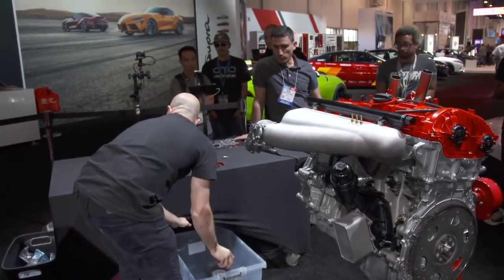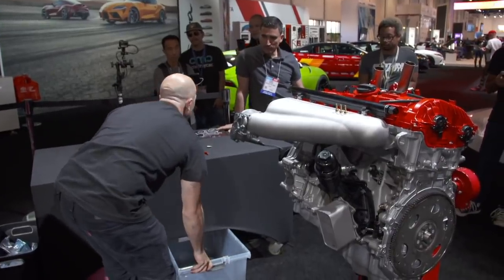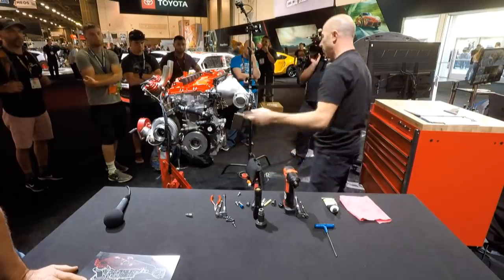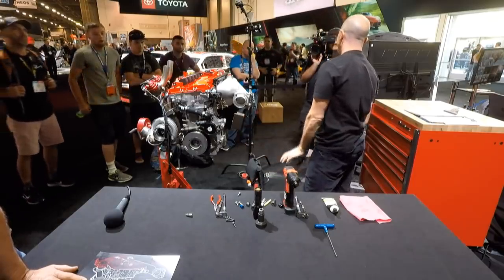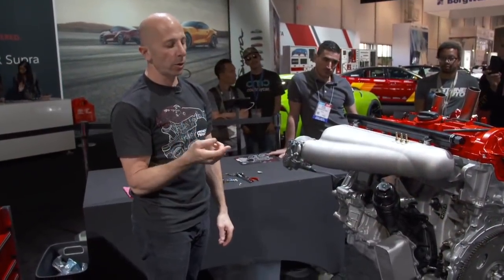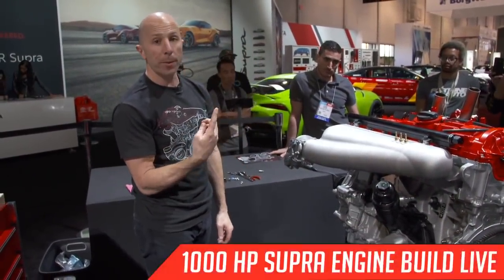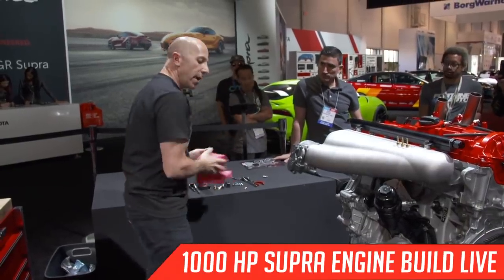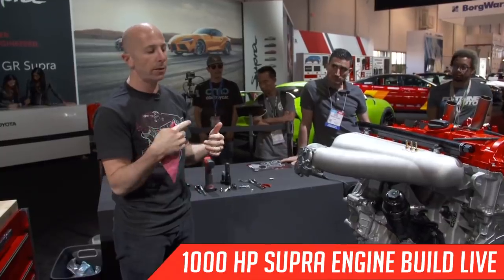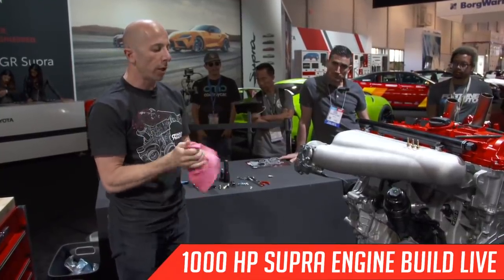Are you going to use the oil level sensor to determine oil level? So the question is, are we going to use the oil level sensor? To give you some context, there is no dipstick in this engine. The way the factory works is it has a sensor in the oil pan. We haven't yet figured out how to utilize that sensor. It's not a 0 to 5 volt sensor. It actually sends out a digital signal. So we're still working on